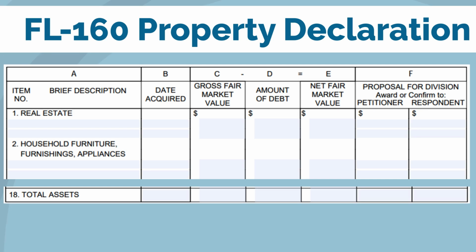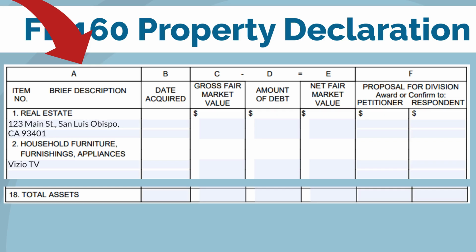It is important to fill out each column completely and correctly. Columns C through F must contain a dollar amount. Column A is a description of the property. Be specific in this field so that the judge can easily determine what the item is. For example, you could include the last 4 digits of a bank account or the make, model, and year of